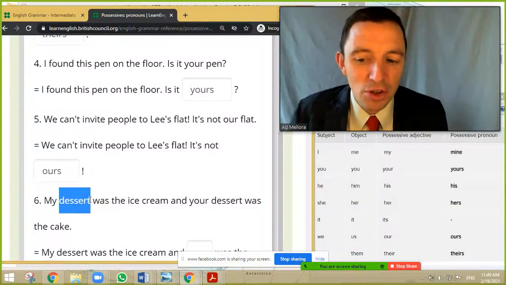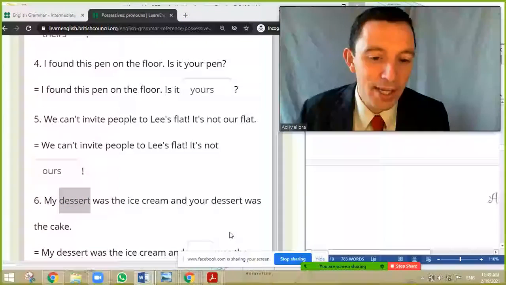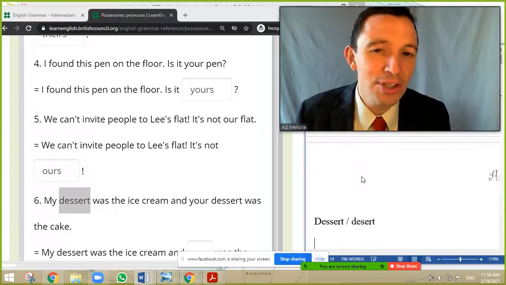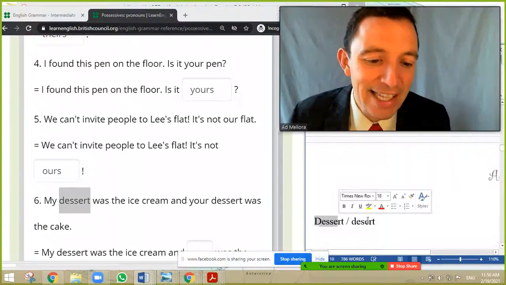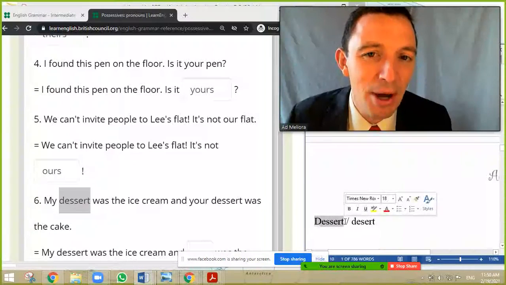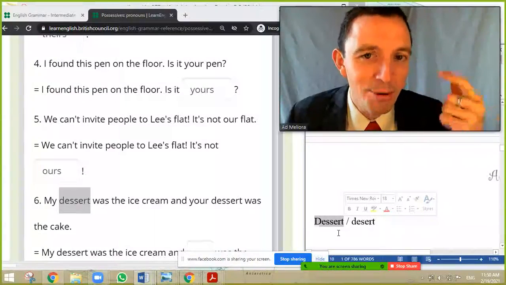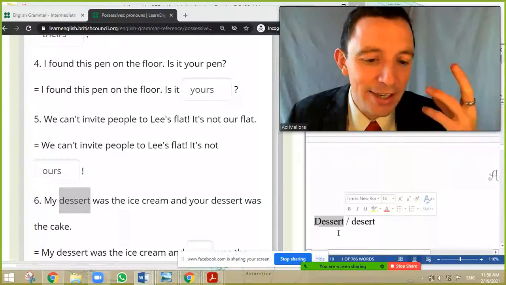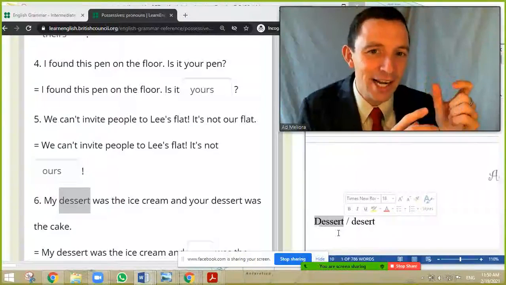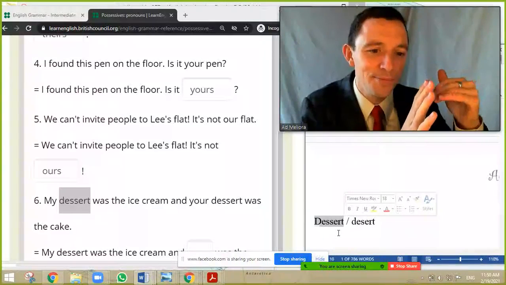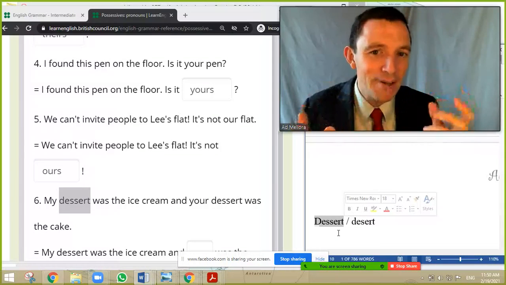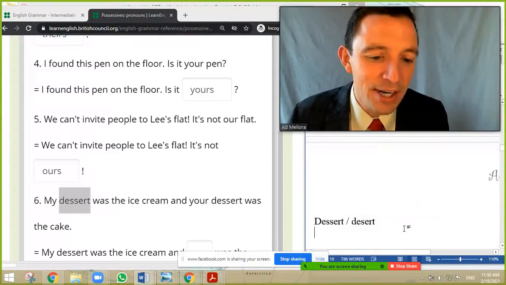My dessert. So I want to show you the difference between dessert and desert. So do you understand the difference between a dessert and a desert? The pronunciation is different, the spelling is a little different. The first one in Espanol is postre, and it's chocolate, profiteroles, ice cream, sweets. That's the dessert. But the second one is a desert, like the Sahara. In Africa, you have the desert, okay? And the first one is the dessert, the food. So it's very similar in appearance and in pronunciation, but it's very different also, okay?